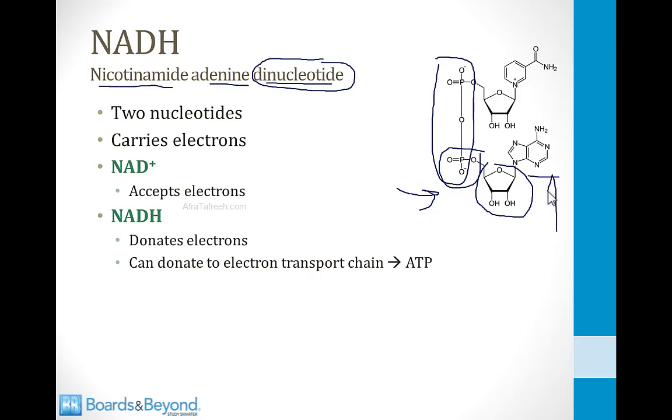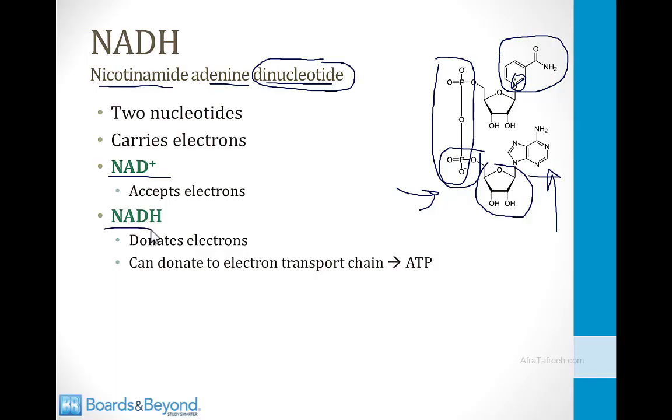The base here on the bottom molecule is adenine, so this makes this a molecule of adenosine at the bottom. The base at the top here is nicotinamide. Nicotinamide is not used in DNA or RNA, but it is found in molecules of NADH. You can see that in this molecule I've drawn here, the nitrogen atom in nicotinamide is not protonated. It has a positive charge, so that makes this a molecule of NAD+. If there were a proton attached here, this double bond would go away, and then we would have a molecule